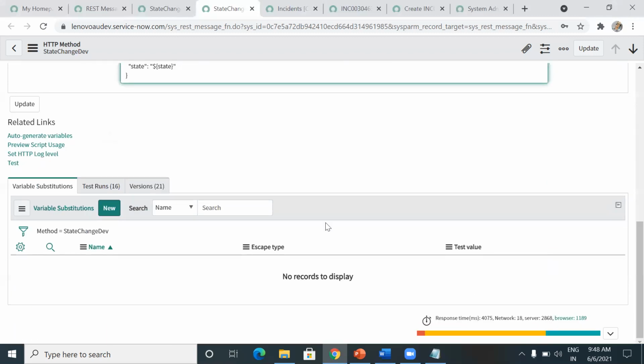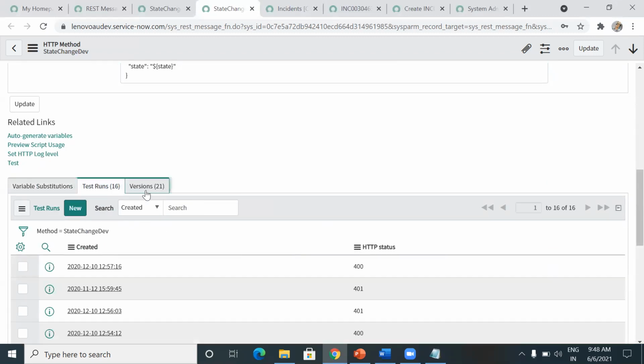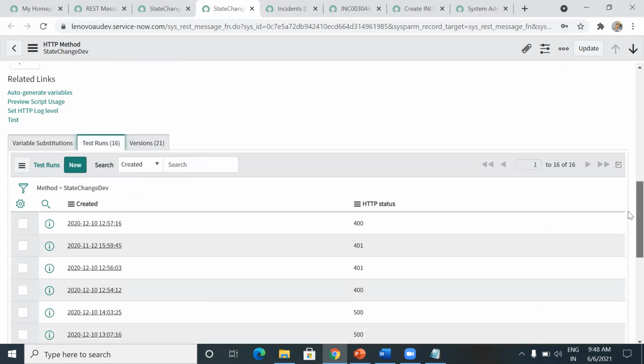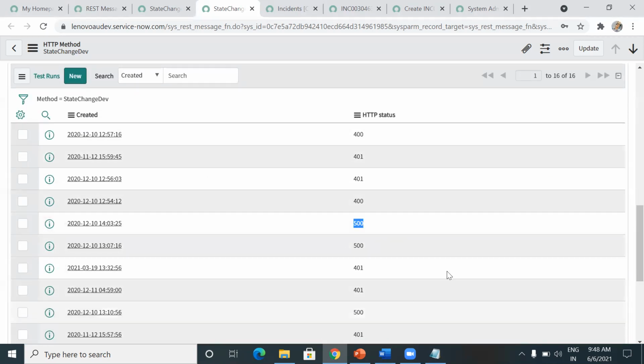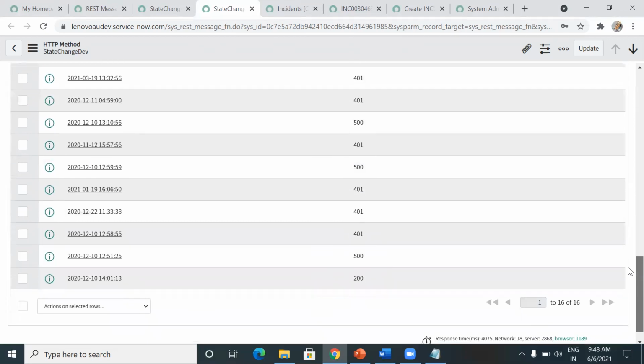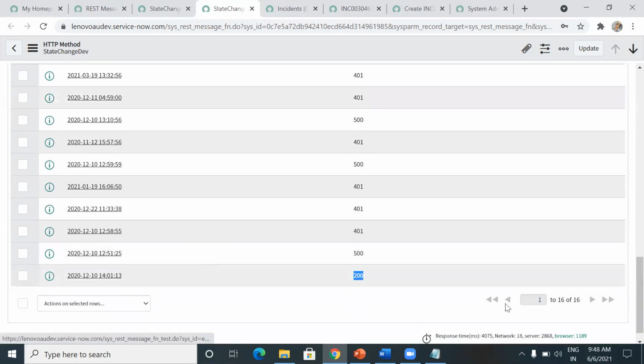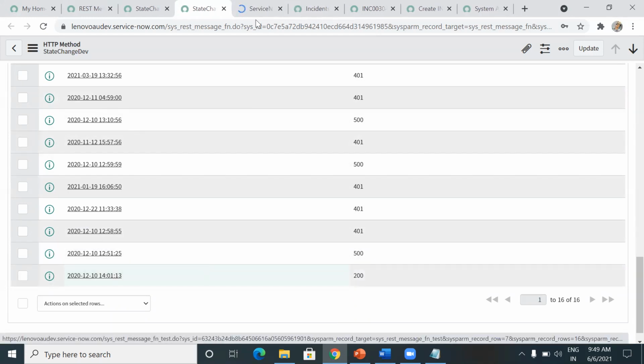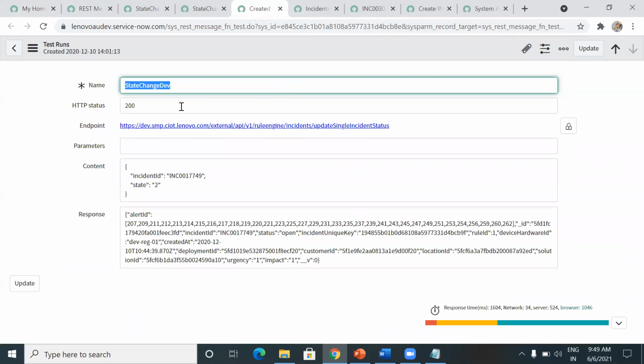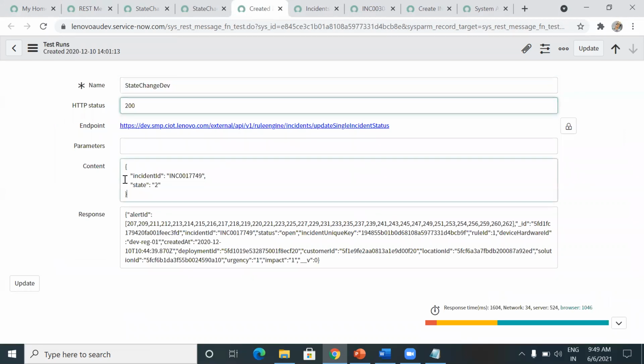Okay, now this is a test version and all. This is a test kind of thing. See, while testing, I got 400, 401, 500. So these are the error messages which I got. Okay, see, I got finally 200. If it is 200, then the request body which you are sending, the kind of information or data which you are sending to a third party, is a success. If it is 200, then that is success because they received the information perfectly from us. See, if I open this, this is 200, this is the request body and